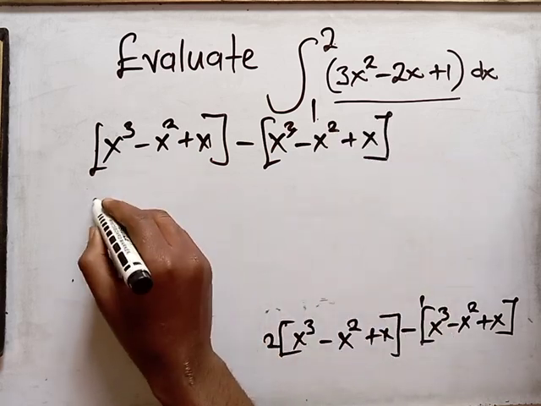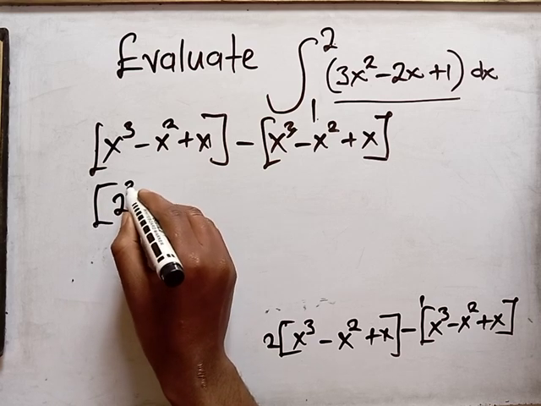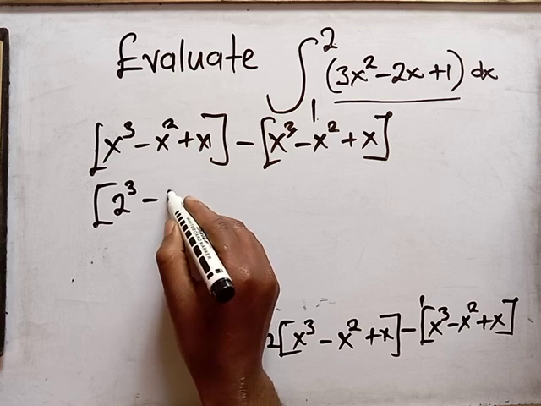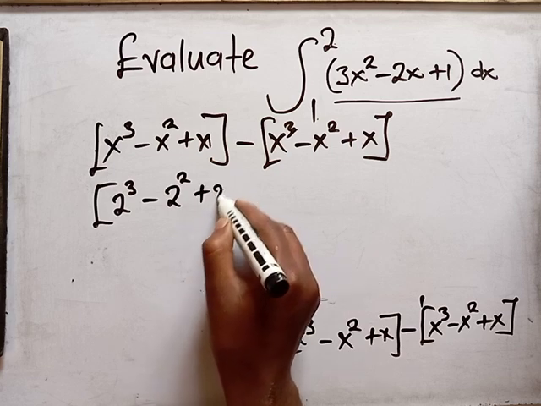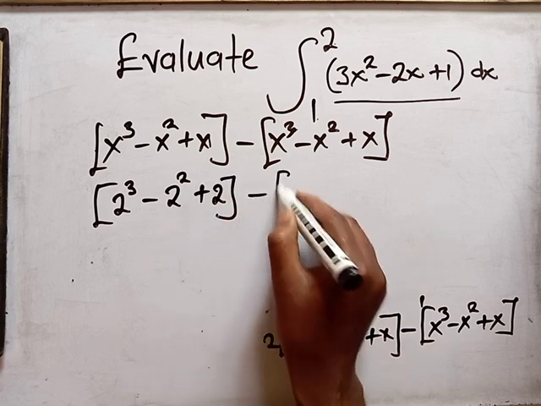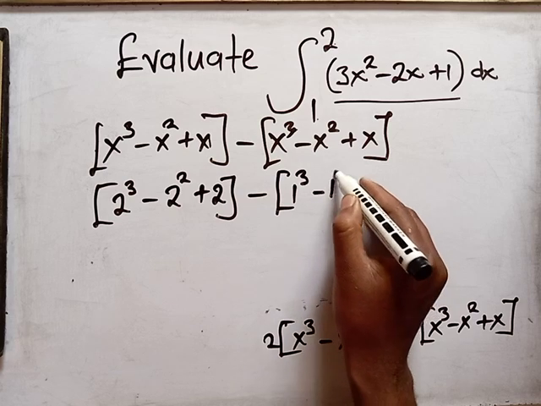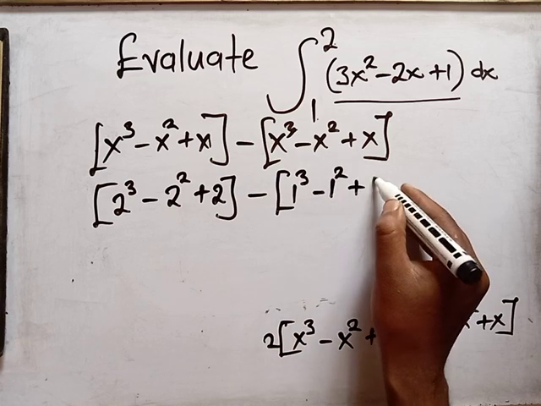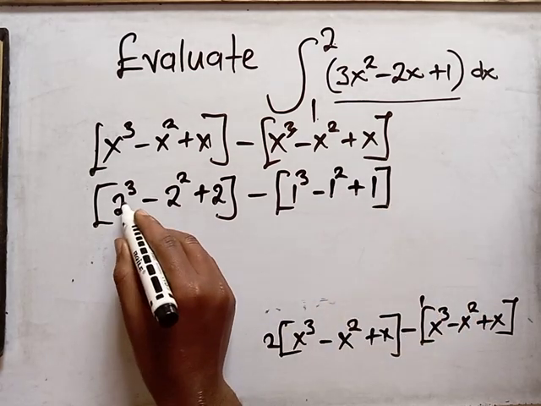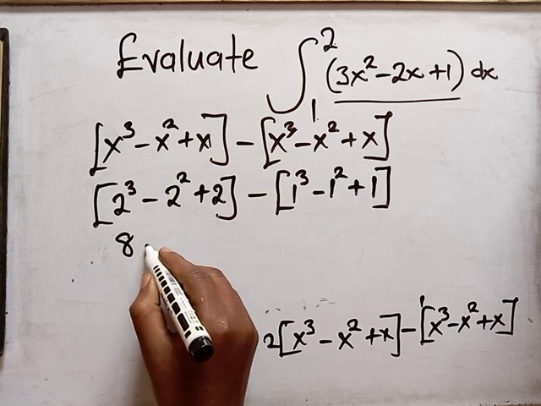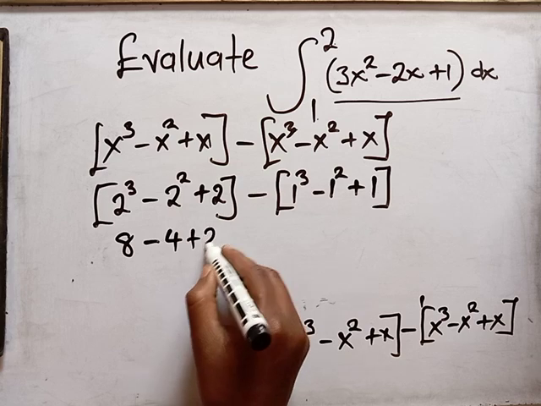So here in the first one we put 2, should be 2 cubed minus 2 squared plus 2, minus 1 cubed minus 1 squared plus 1, which is equal to 2 times 2 times 2 is 8, minus 2 times 2, 4, plus 2,